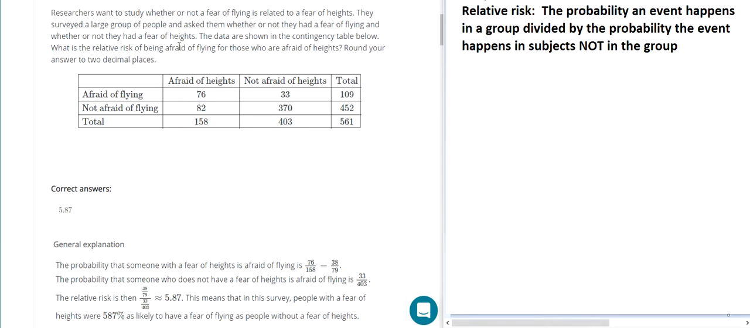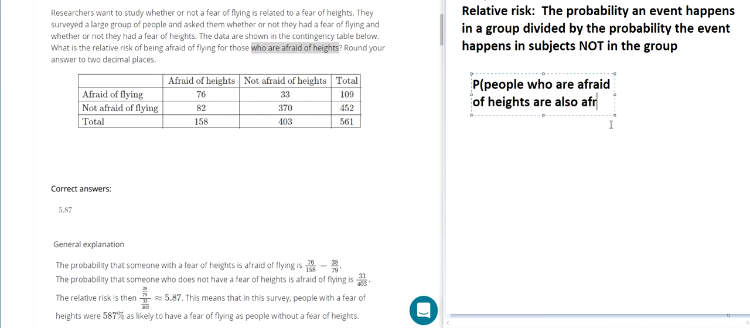So the event in question here is the risk of being afraid of flying, and the group of people is the group of people that are afraid of heights. So what we want to do is calculate the probability. I'm going to just use P for probability. The probability of people who are afraid of heights are also afraid of flying. Okay. And we're going to divide that probability